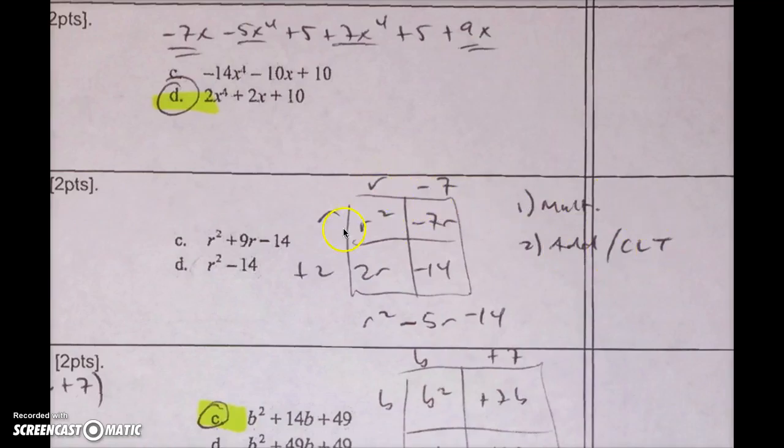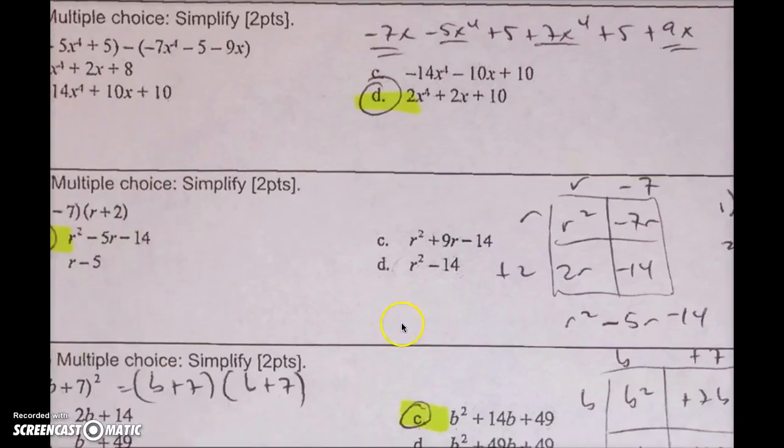So I have r minus 7, r plus 2, order doesn't matter, and here you're going to multiply. R times r is r squared, r times negative 7 is negative 7r, r times a positive 2 is 2r, and 2 times negative 7 is negative 14. So there I multiplied, and now I'm going to combine like terms. The only things that are like terms in here are these two, positive 2r and negative 7r, because they both have an r, so that becomes r squared minus 5r minus 14,